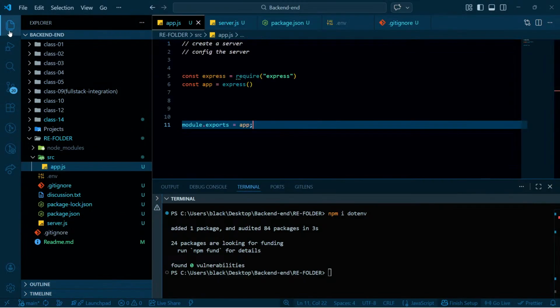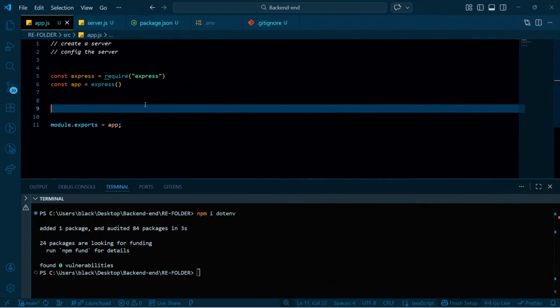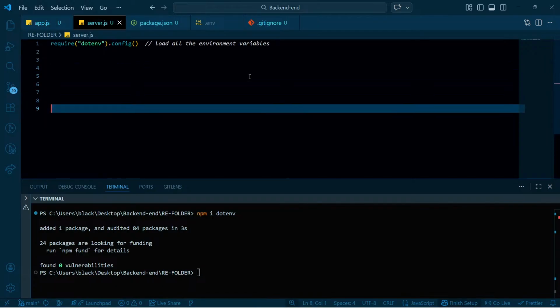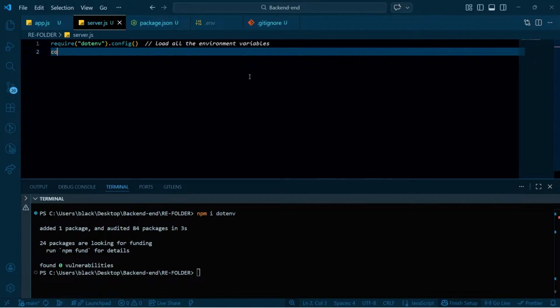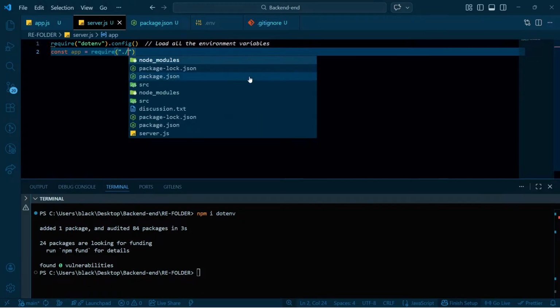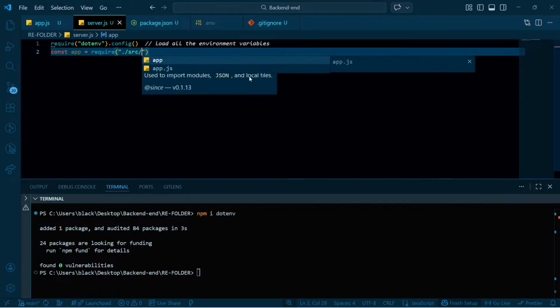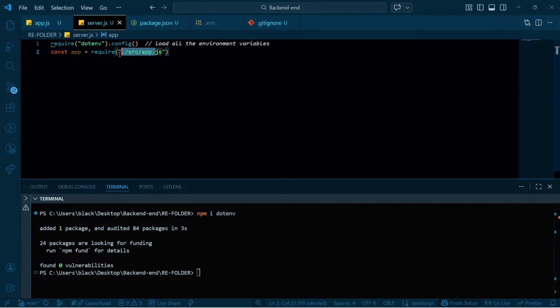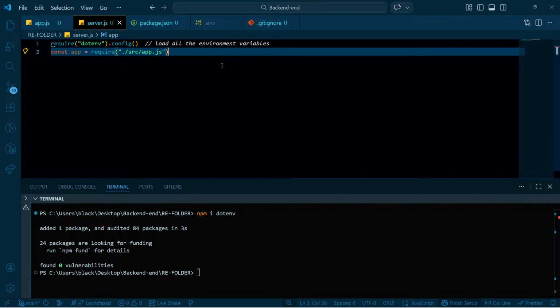So in that app.js, what are we gonna do? We are gonna do nothing for now in app.js. In server.js, we are gonna require app because it is needed. Require dot slash, not dot slash dot slash, src slash app. Okay, from app.js, I have required app, and here